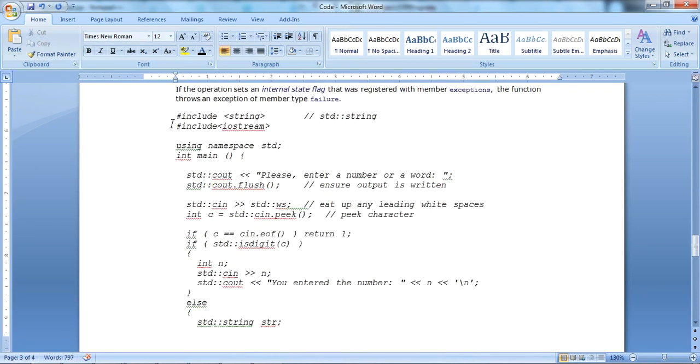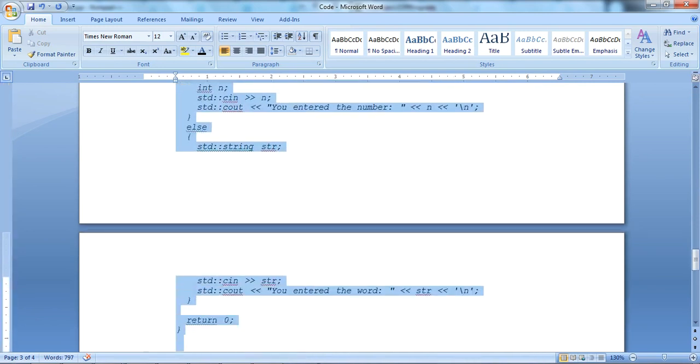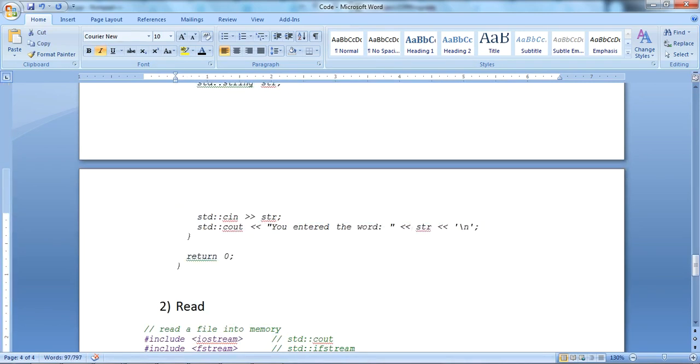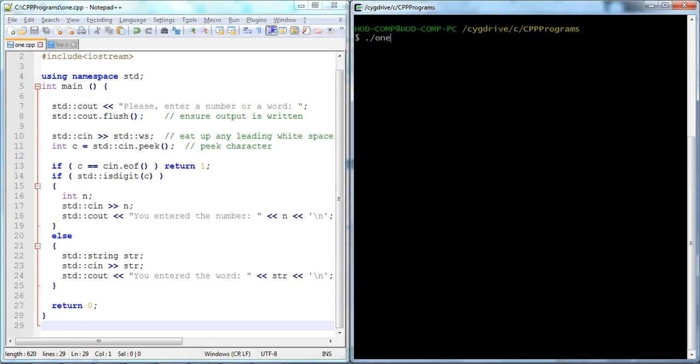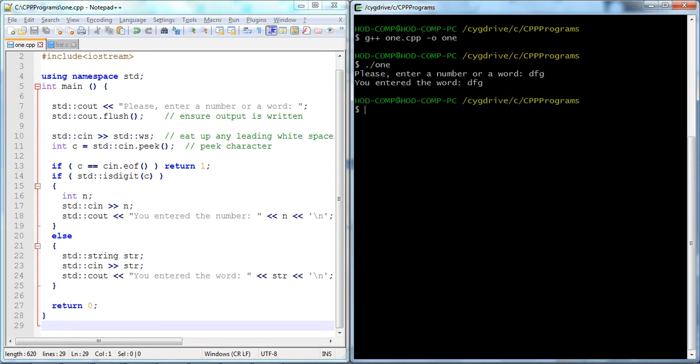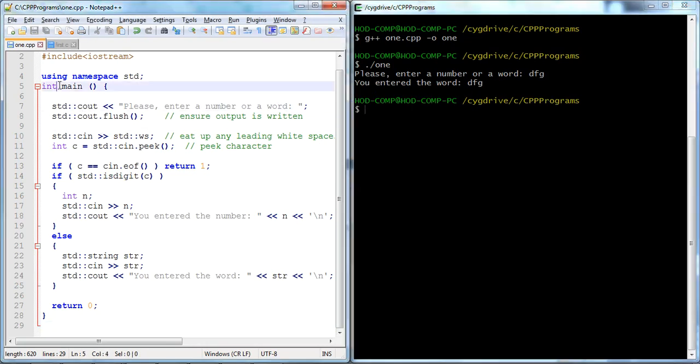We'll go with a practical programming example, to see how exactly it peeks and what the use of that is. Save. Now when we run it, it simply asks for a particular input. I just put in one word and it identifies that the given input is a word. How exactly does it find that out? Here the cout says, please enter a number or a word.